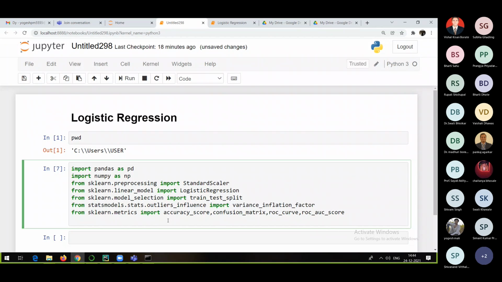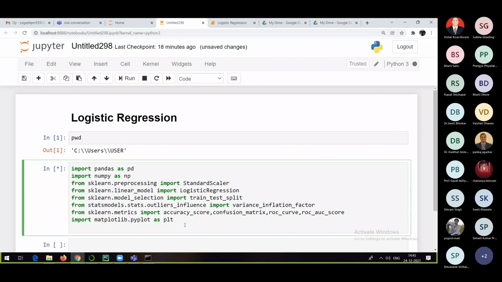And finally, I will import some other libraries for visualization. So I will import matplotlib.pyplot as plt. This is for visualization. And maybe you might know there is one more library for visualization, and that is nothing but Seaborn. Import seaborn as sns.